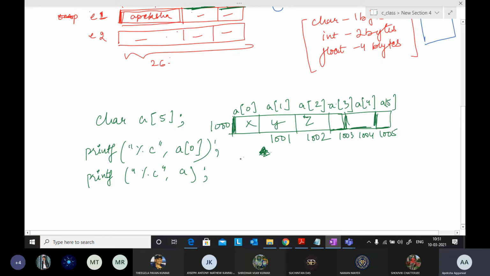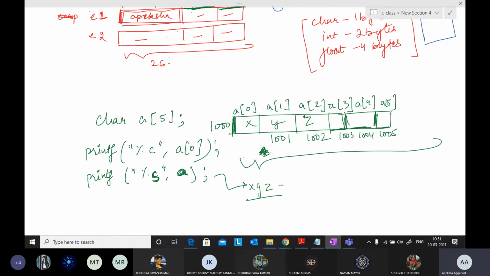If you want to print the whole string, you need to use %s and the address of A. So this will print your XYZ. Getting my point? So %s is for printing the whole string, and A itself, the name of the array, represents the address of the array, the address of the first element of the array.